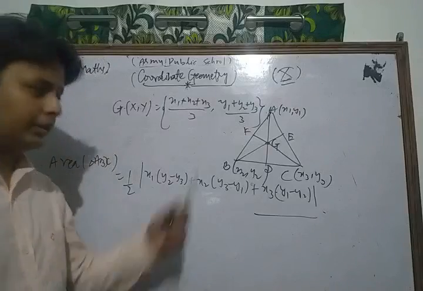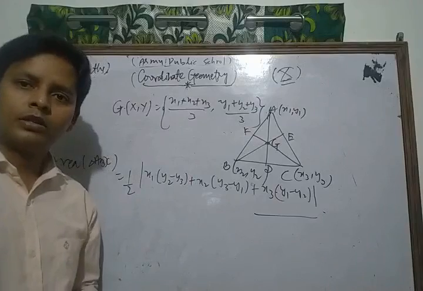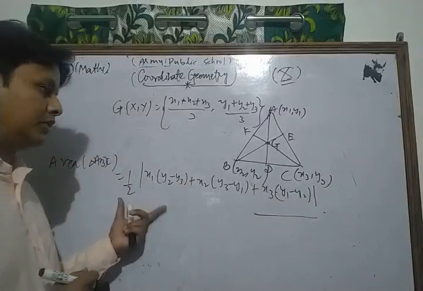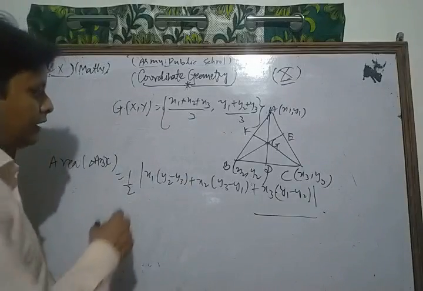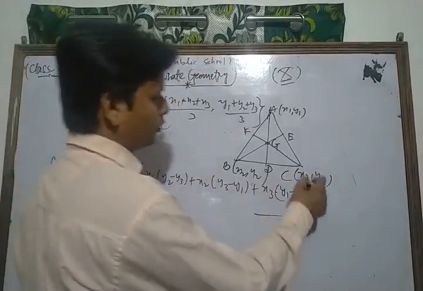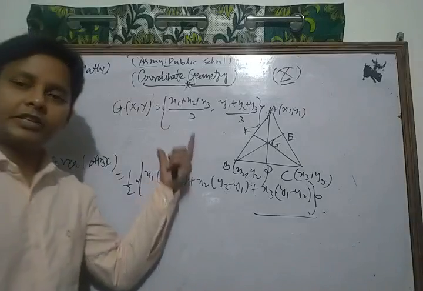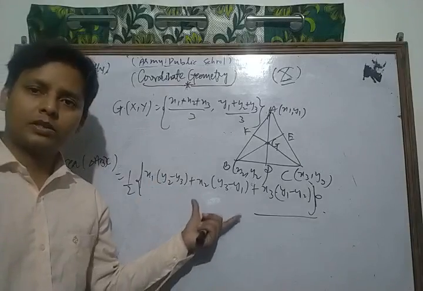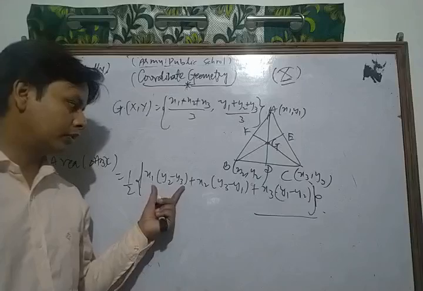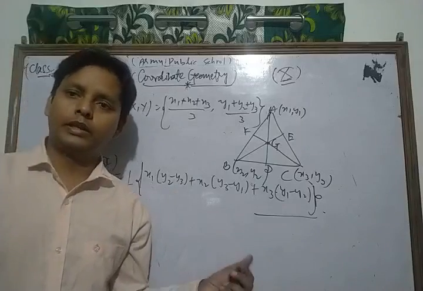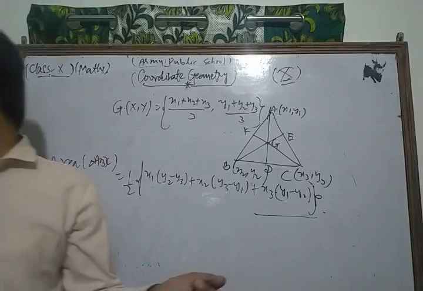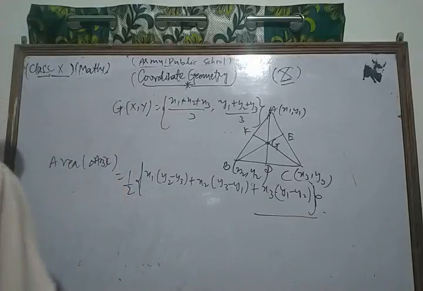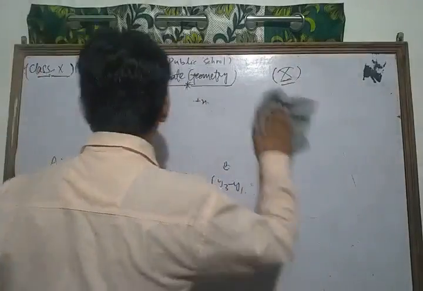So using these formulas you can solve each and every question based on finding the centroid and area of a triangle. This is a very important formula, so please remember it and keep it in your mind always. Learn each and every formula and you can solve questions based on this topic. Directly put the values of x1, y1, x2, y2 and x3, y3 and simplify to find the area of the triangle. Okay, now we take some important questions of your syllabus.